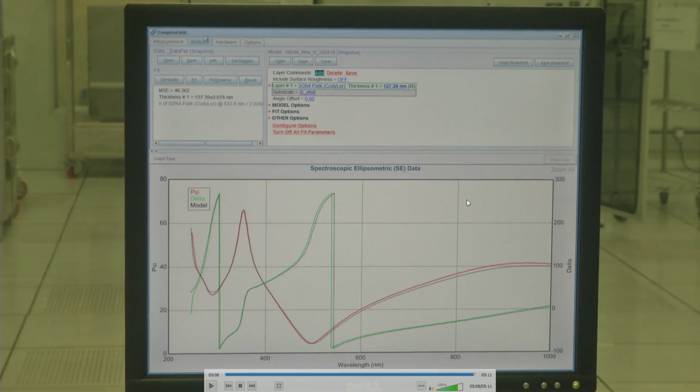So we measure the reflectivity of the different polarizations, and then we model this and fit the model to whatever spectrum we get, right? Here you can see silicon nitride is the model that we are using. The thickness we measure is about 137 nanometers, right? And you can see the fit is reasonably good. So from this measurement, we can say a thickness of 137 nanometers of silicon nitride is achieved using this LPCVD deposition technique.